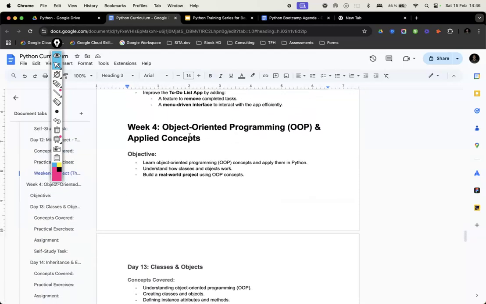And then in week 4, we'll learn some OOP concepts. There are many types of programming languages, but mainly 2 types: one is general purpose and another is scripting languages. In scripting languages, you don't need OOP concepts. You can just use them for scripting. Most of the general purpose programming languages, like Java and C#, are heavily based on OOP concepts.